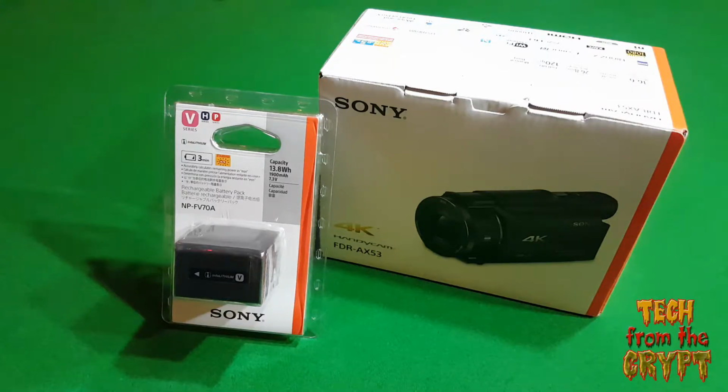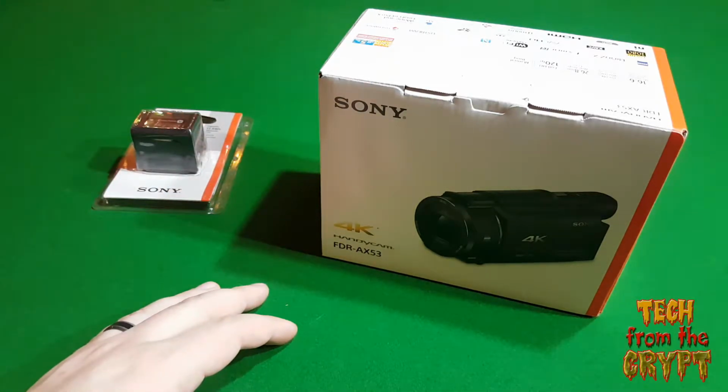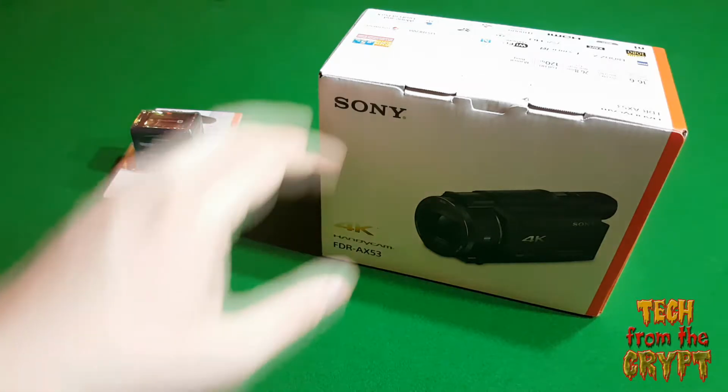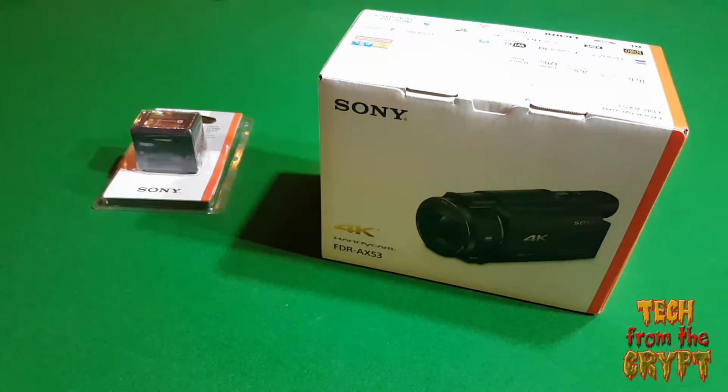So it's Ironside here, like I said, with the Sony AX53. It's a 4K camcorder, and I went ahead and got a spare battery with it. And we're going to do a quick unboxing here, and then I'm going to be covering the rest in another video where I'm going to actually review this thing and check out the time-lapse feature, the slow motion feature, see